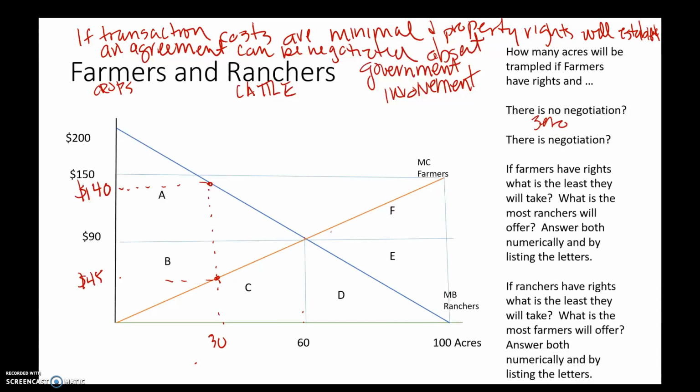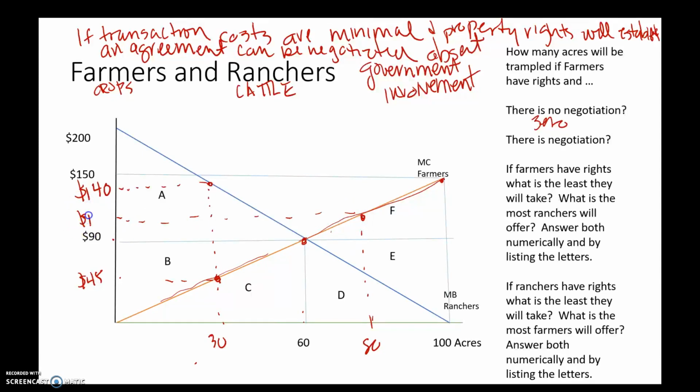used farmers and ranchers. And the idea here of what's going on is that the rancher's cattle is trampling the farmer's crops. So what the marginal cost line here shows is the amount of costs for each acre trampled. The cost to the farmers for the 60th acre trampled is $90. For the 30th acre trampled is $45. For the 100th acre trampled is $150. You could do an 80 here. For the 80th acre trampled, the cost is,